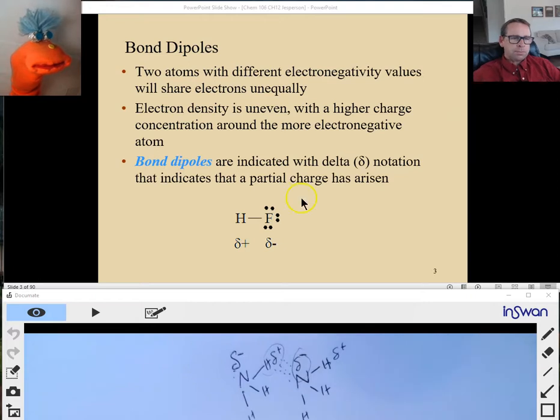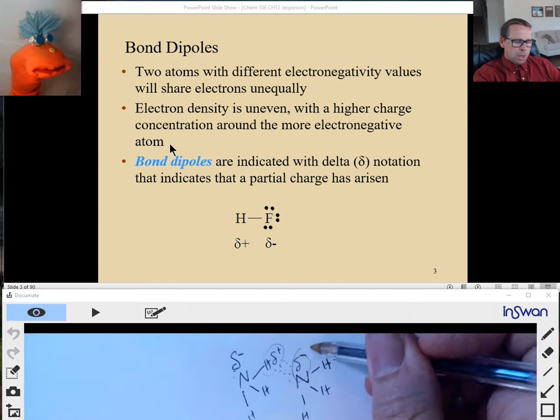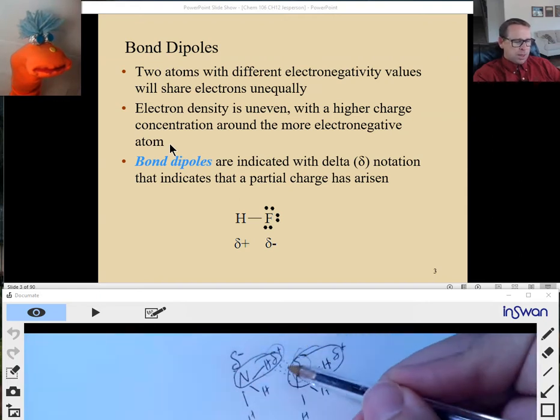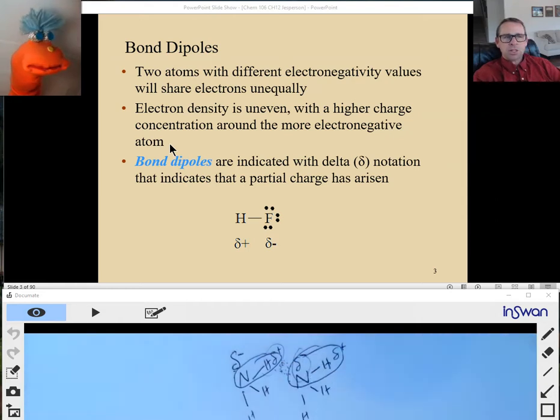Now, we're not going to actually do those numbers and talk about dipole values, but it is these dipoles that result in molecules interacting with neighboring molecules that are the same as them. All right? And so we call this kind of an interaction between dipoles, where one molecule has a dipole and another molecule has a dipole, and then we have an interaction between them. We call these interactions